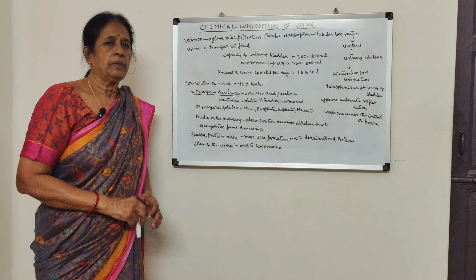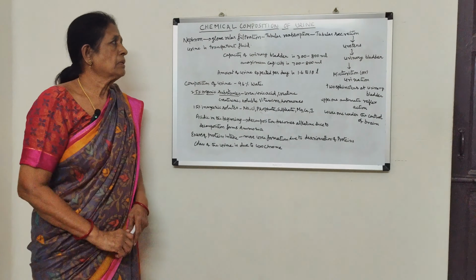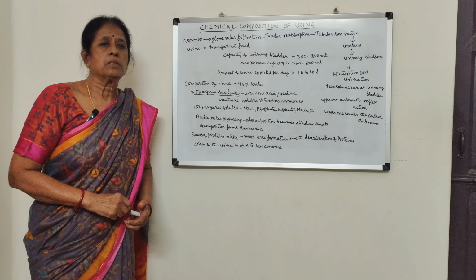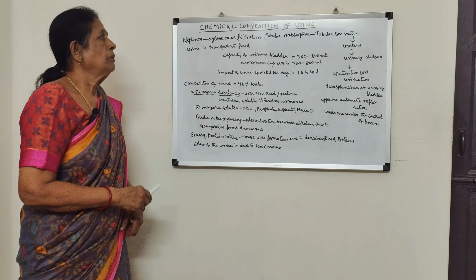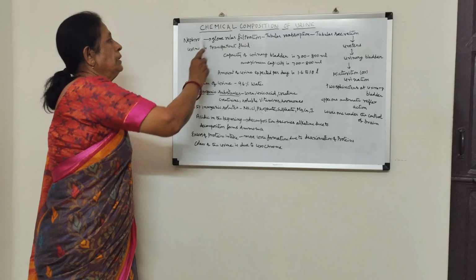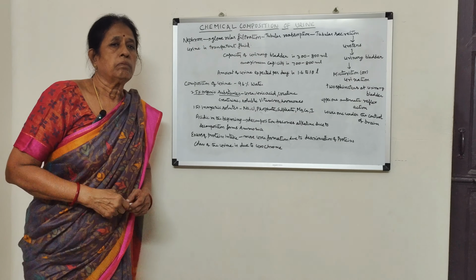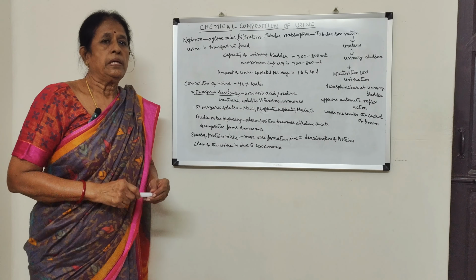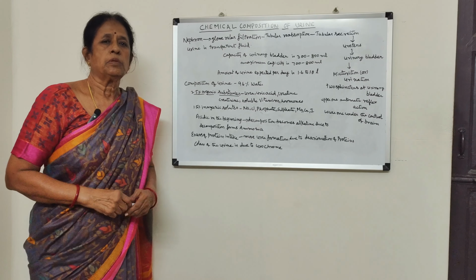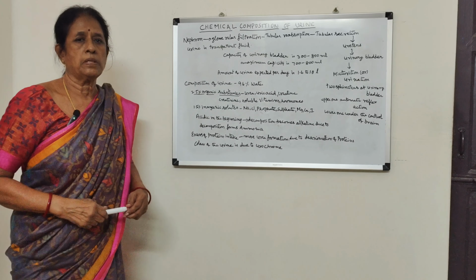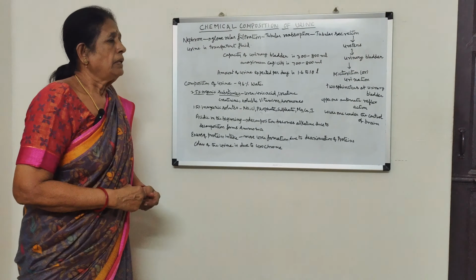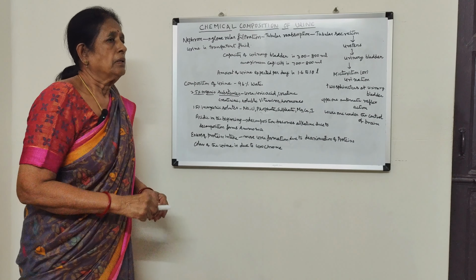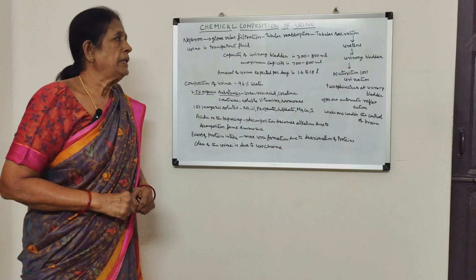Hello children, good afternoon. In the previous class we studied the structure of the nephron, and today's class will see the chemical composition of urine. Each kidney contains more than 1 million nephrons. Nephrons are the structural and functional units of kidneys, and in the nephron the filtration of blood will be